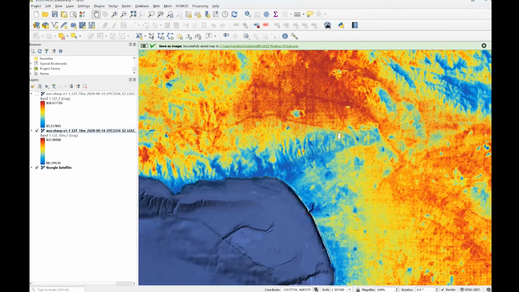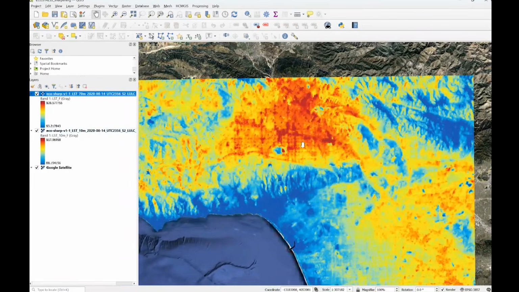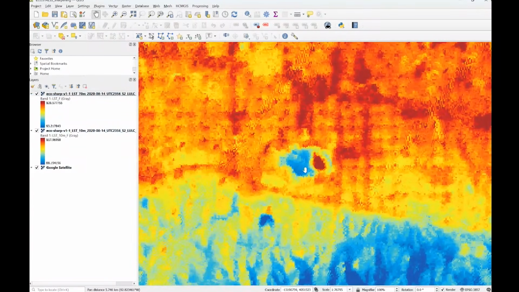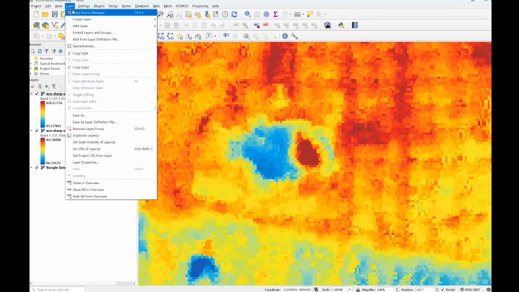I think we have a little bit of time left. The last thing I wanted to go through here was how to actually do some quantitative analysis within QGIS. So this will take another minute or two, and this is all laid out in the tutorial again. So say I want to see what is the temperature difference between this golf course and this sort of Bear Park area. So what I'm going to do is, it's a little bit elaborate, but if I go to layer,